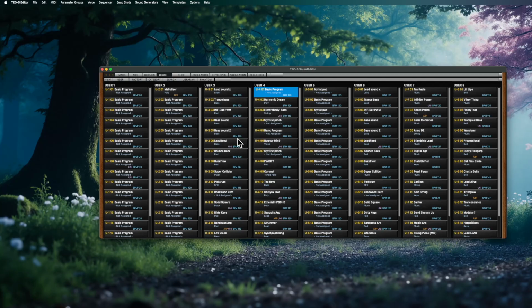So it's better to be safe than sorry. And another cool feature I want to show you is that you can get a list of the names of all the patches in the banks. If you head over to File, you have something called Program Bank Names. If you click that one,